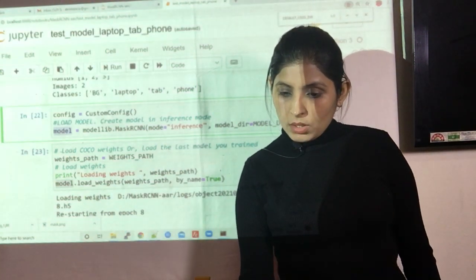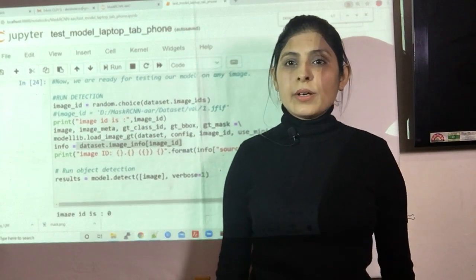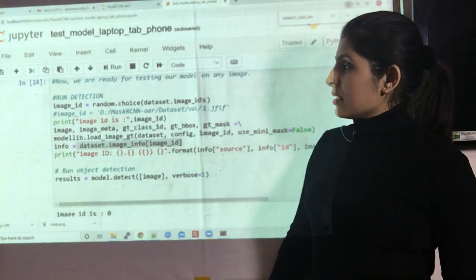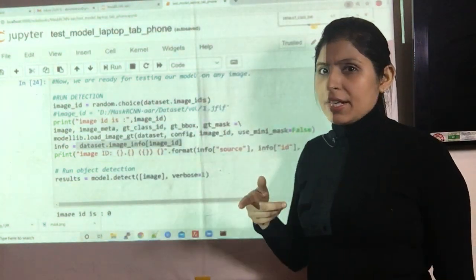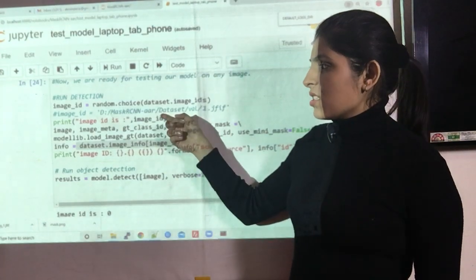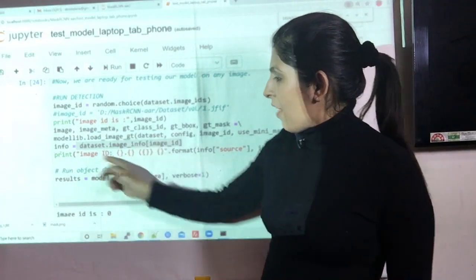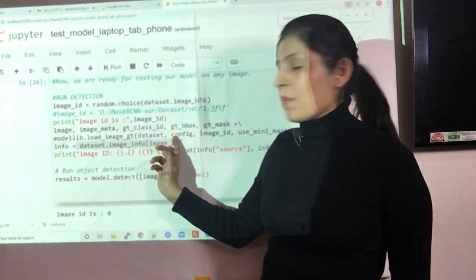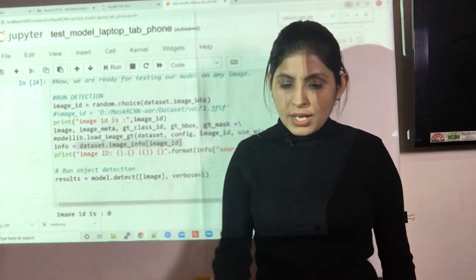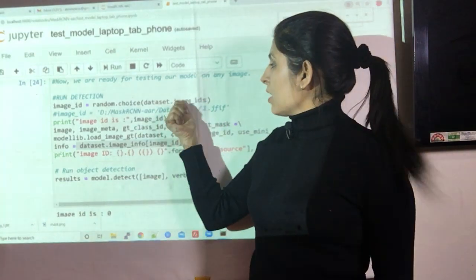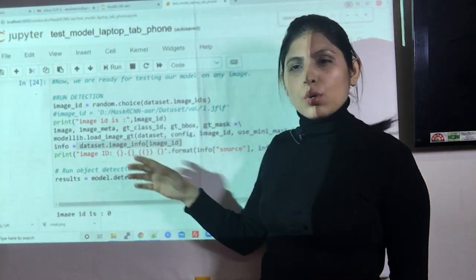Now the next thing over here is, see, in image ID variable, we are randomly picking the image from our data set, and then I'm printing that image. All these things are simply because I just want to display to you what particular image we are getting from here, then I'm displaying that particular image, right? So these are those few functions.